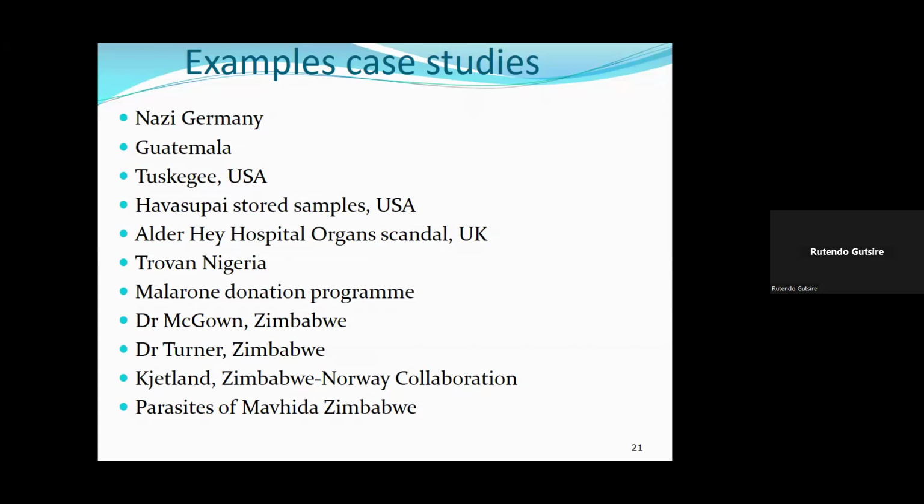So what am I saying here? For all stored samples, we ask the participants to give us permission for any future work. So they need to know their samples will be used either for once off and destroyed or for future work. So as researchers, as scientists, we need to be careful. So in your innovative proposal, if you're going to use stored samples, you need ethics clearance. Then we have aldehyde, Trovan. We talked about McGowan, about Tena.